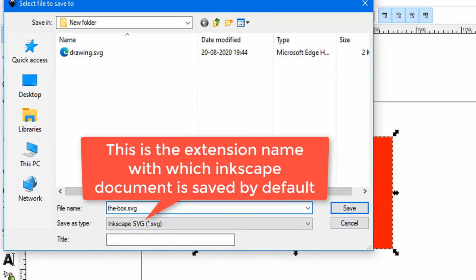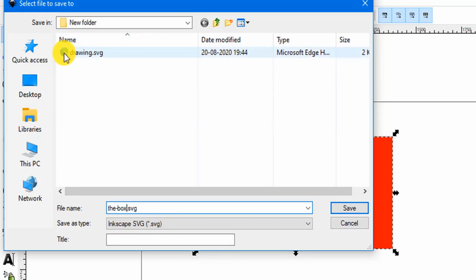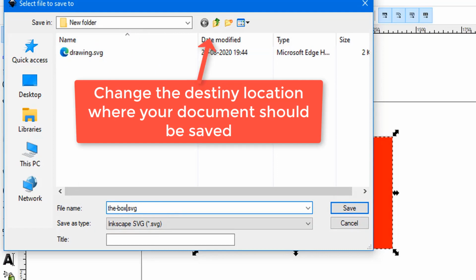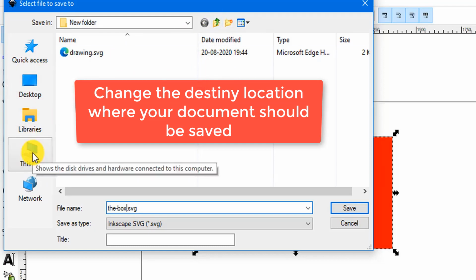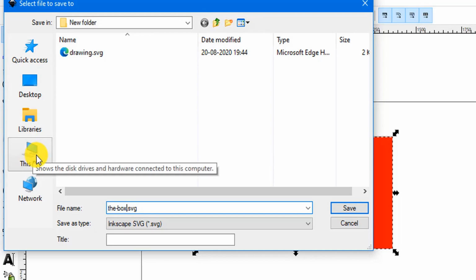So if we save it, it will be saved to this individual destination folder that I have chosen for it, but you may change this destination folder. All you need to do, you might click on this up one level, or you might change something from here into a different location. So the saving thing entirely depends upon you, where we practically wish to save our document.